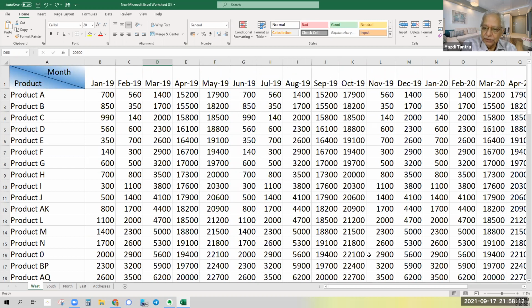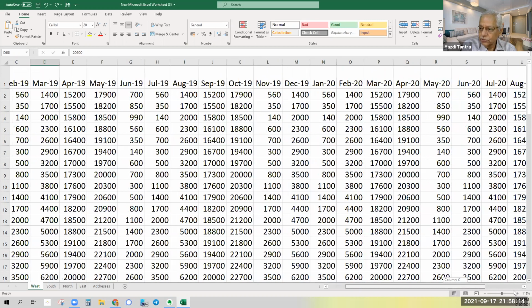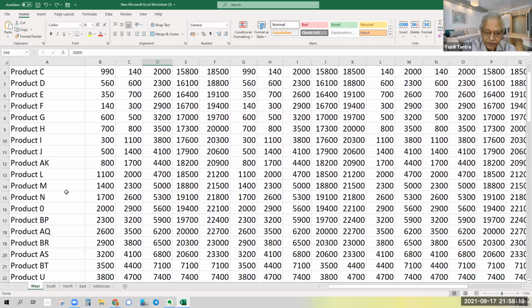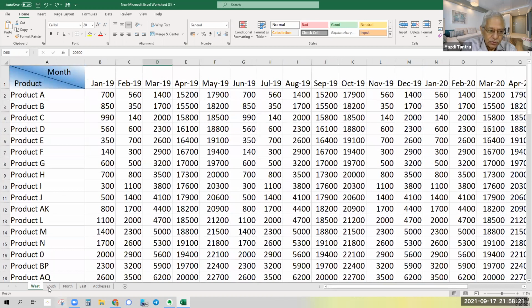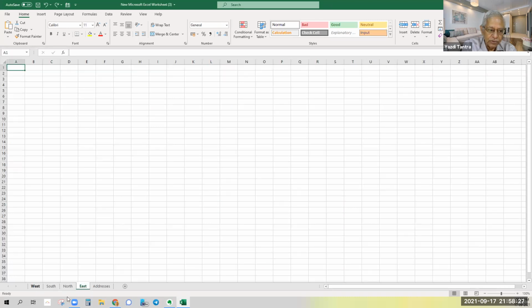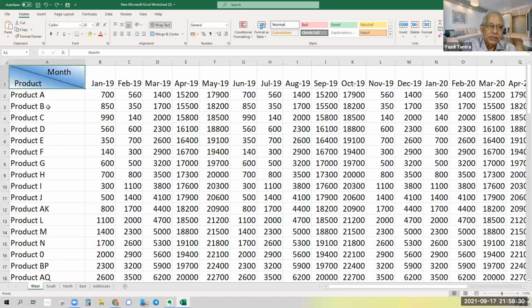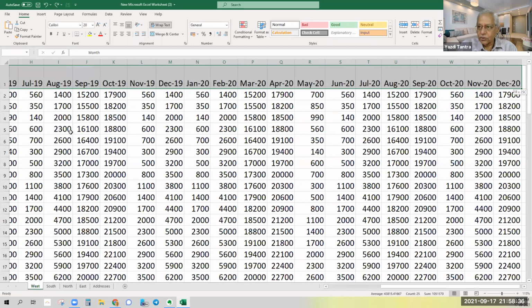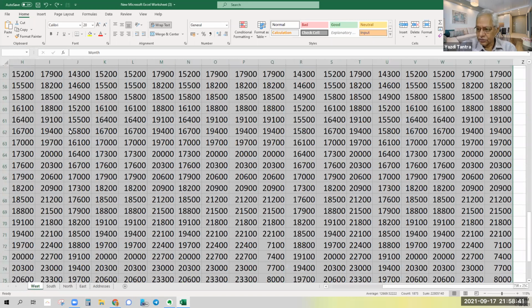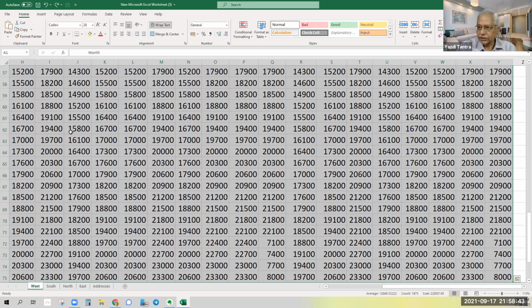This entire table that we are having, a huge table up to cell Y and up to 75 or 76, whatever. Now suppose this is only for the West zone. So I have created South zone, North zone, East zone. So I have got 3 other zones. Just for the sake of quickness, what I'm doing is Control Shift Right and Control Shift Down, correct? So I've selected the entire sheet.